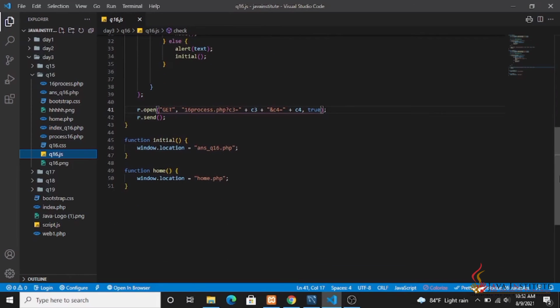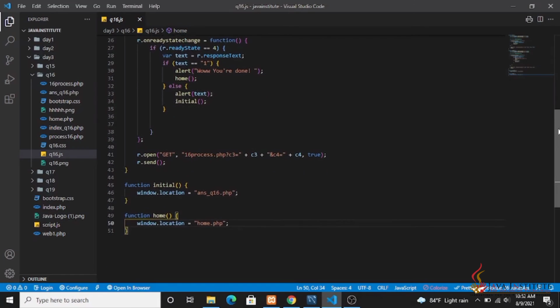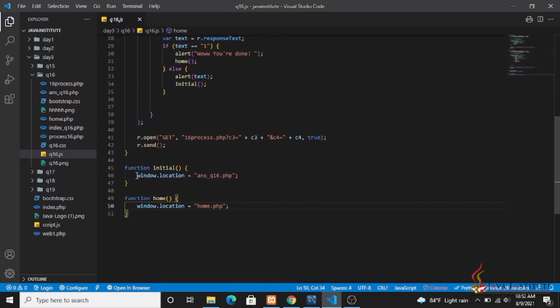This home function stands for directing the user to the home.php file, and if we have not set the two codes in this check value section, that is, those are not equal to the values that we have set in this session, then it alerts the text and also calls the initial function. Because of that we are directing to the answer file here again also.